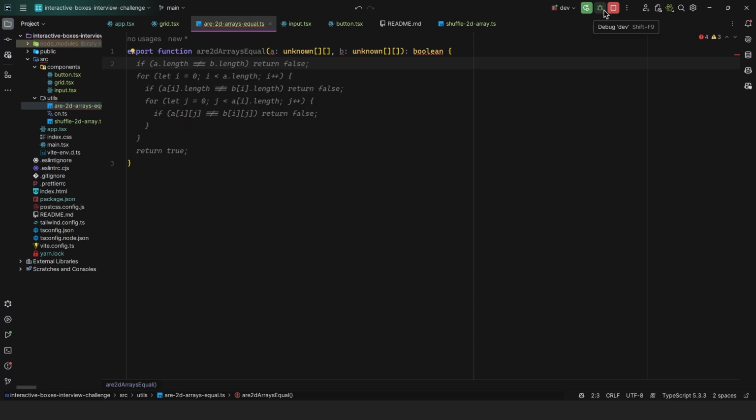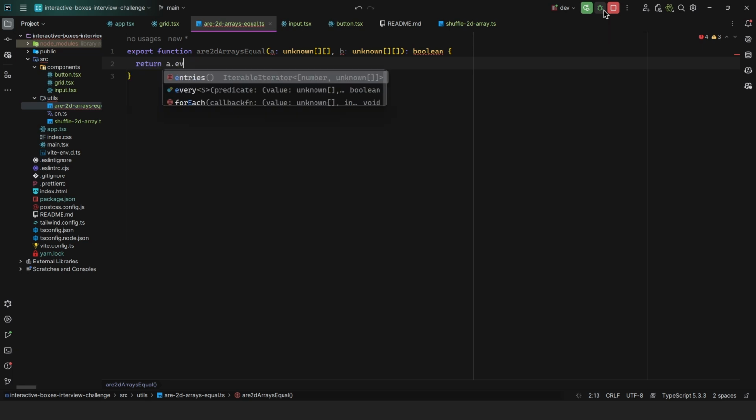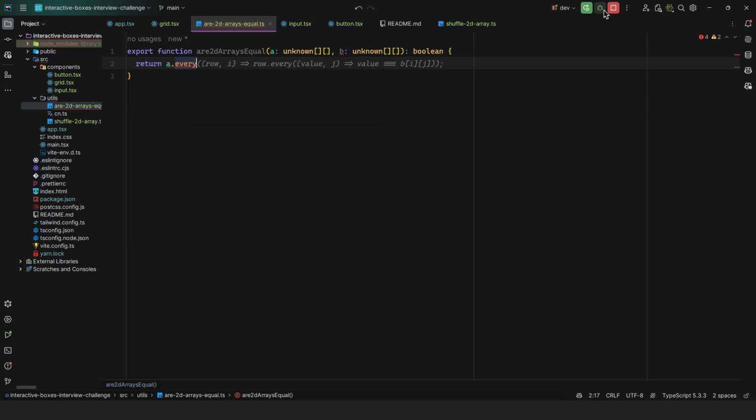And for this, there are multiple ways to do this. You can use every, so you can say a.every, and then you get each row, and then you compare that with the other array. This is one solution, but the other solution, if you just want to quickly compare these two and you do not want to think about these algorithms right in the spot, especially in an interview, and if you do not have access to ChatGPT or even Google, in that case, what you could do is simply say